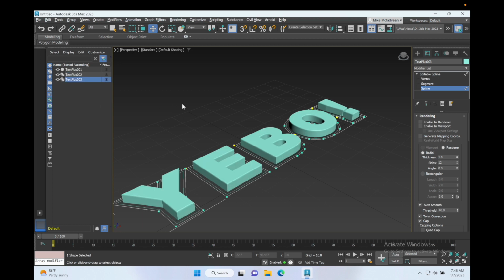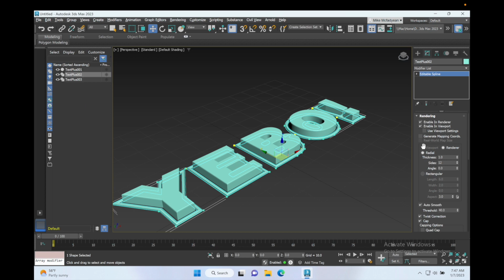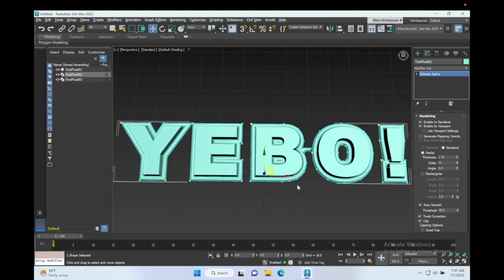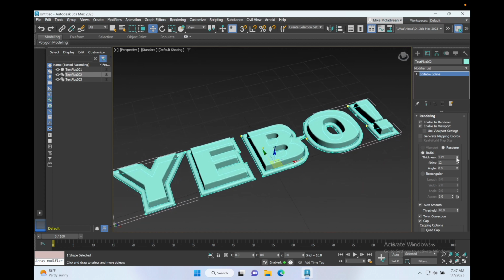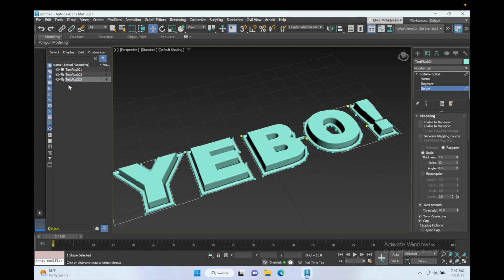that. Alright, so I'm going to go to this one, and I'm going to go to enable in renderer, enable in viewport, and leave it on radial, and I'm just going to increase the thickness a bit, so I get this backing bumper to the text, which I think looks quite cool, gives it a kind of Art Deco-y appearance. And then I'm going to go to the last one that I did, and I'm going to do the same, but this time I'm going to change it to rectangular,